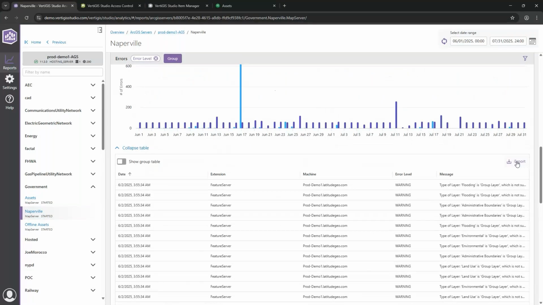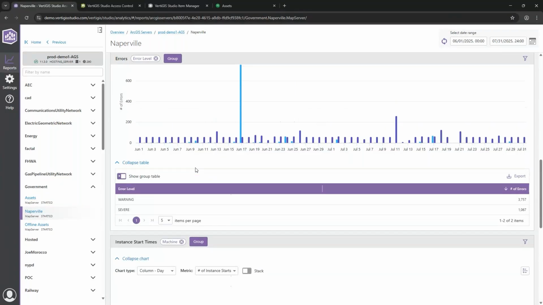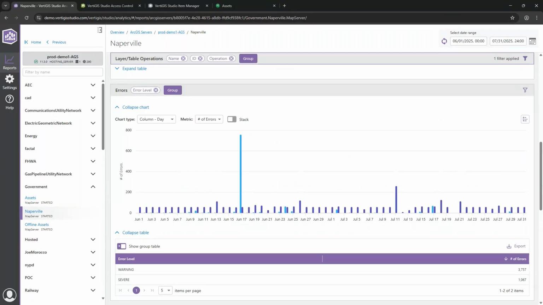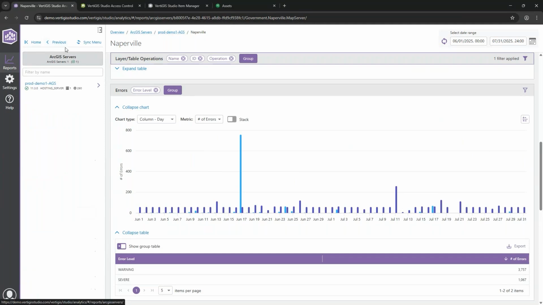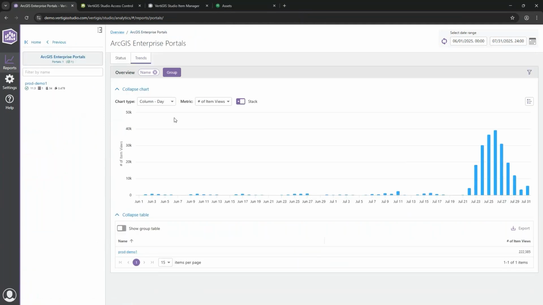Keep in mind you can export these tables into a CSV or Excel file as well, so you can take the data with you if you need to, run a report on it, whatever you need to do. Okay, that's a quick overview of ArcGIS Server. There's a lot more data in here, but we only have an hour today, so that was just a quick example. All right, I'm going to hop back over to ArcGIS Portal,